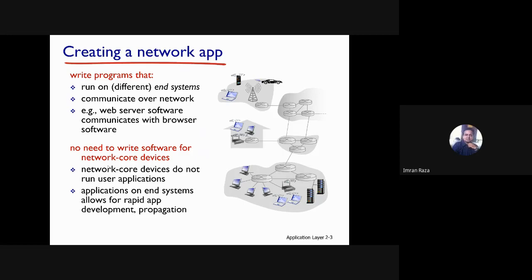Before we start discussing the different applications, it's important for us to look at the principles of network applications. When you want to create a network application, you will write your code in C, Java, or Python.